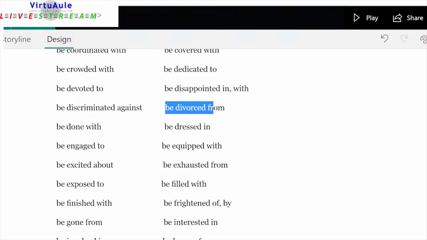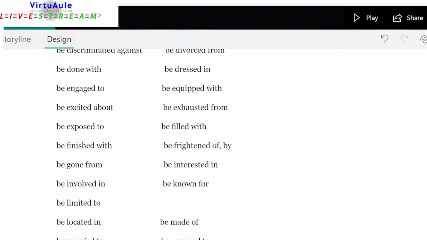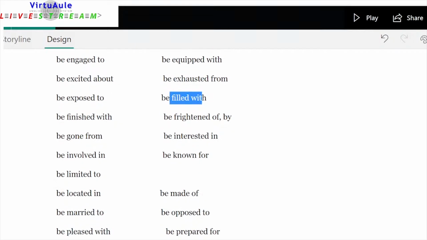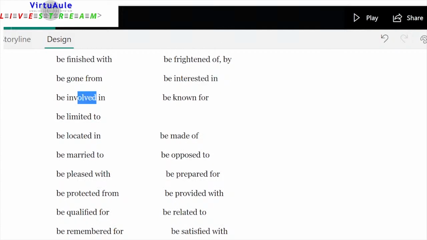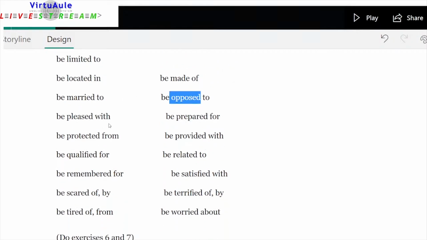divorced from, to be done with, to be dressed in, to be engaged to, to be equipped with, to be excited about, to be exhausted from, to be exposed to, to be filled with, to be finished with, to be frightened of or to be frightened by, to be gone from, to be interested in, to be involved in, to be known for, to be limited to, to be located in, to be made of, to be married to, to be opposed to, to be